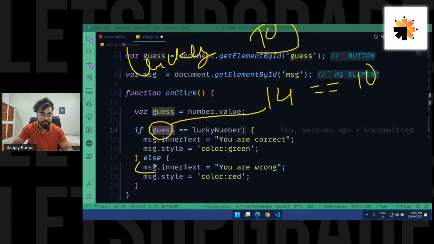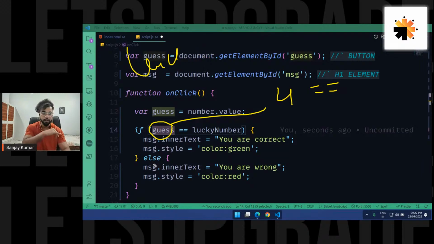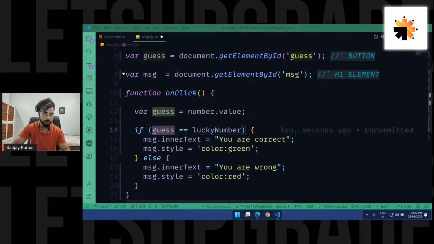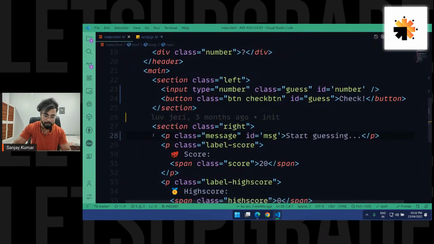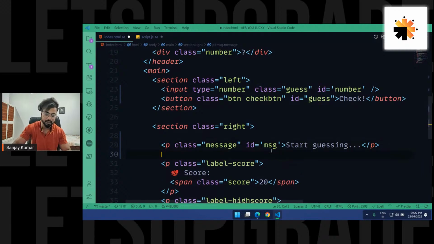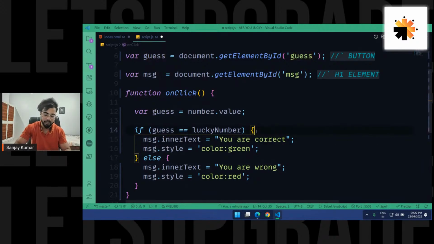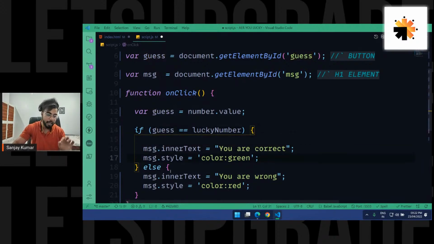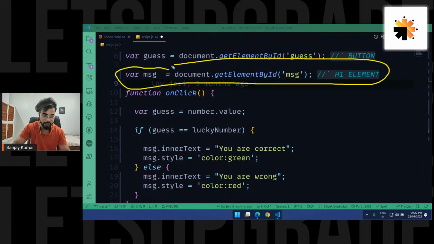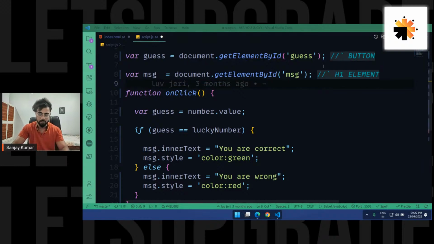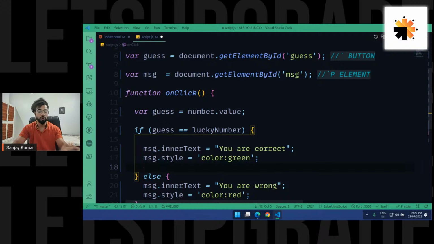here I have grabbed the message. Basically, there is an h1 element in the document. Let me just show you. I have grabbed this paragraph tag here with the ID of message, and I have changed the content of that paragraph tag, and it's again very easy to do. All you have to do is type msg, because I have stored that paragraph tag, the p element, in this message variable, and all you have to type is msg.innerText equals